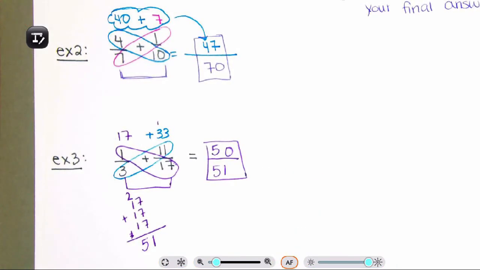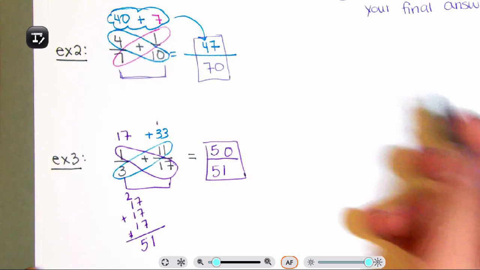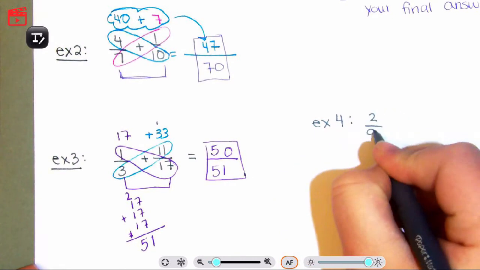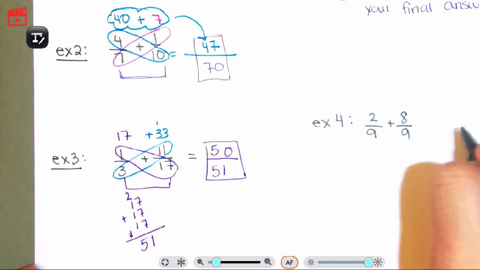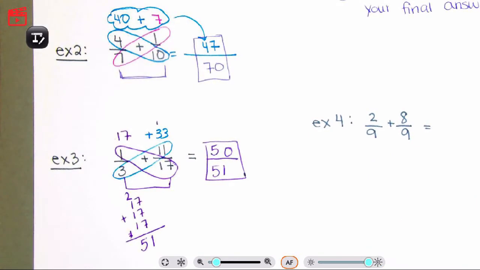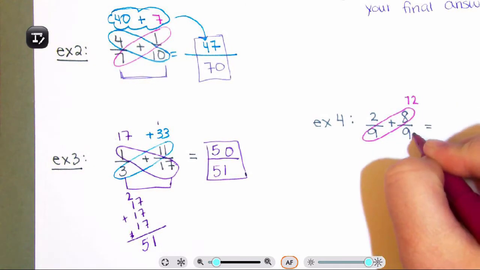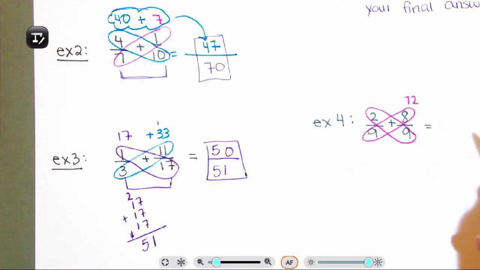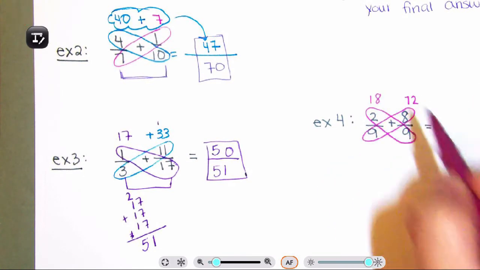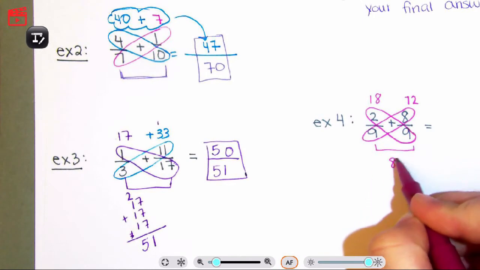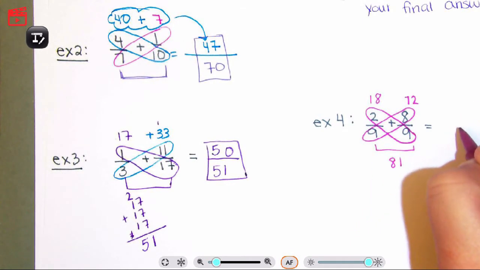And let's do one more just because I have the space for it. So example 4. Let's do 2/9 plus 8/9. Again, our steps are the same. Multiply. 9 times 8 is 72. 9 times 2 is 18. Now, I just realized I did the most silliest thing, but I'm going to show you how it still works. 9 times 9 is 81. So I have 81